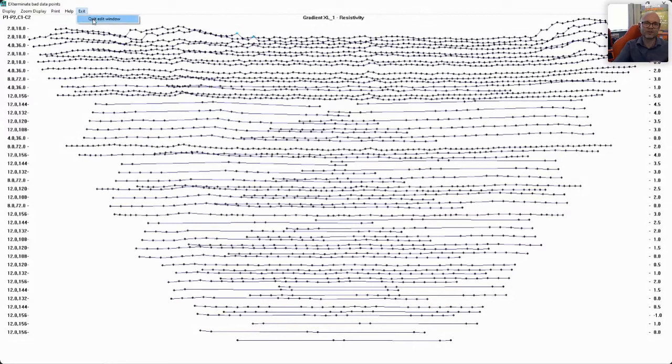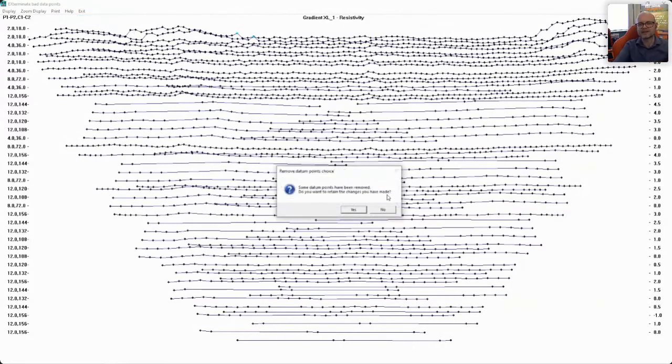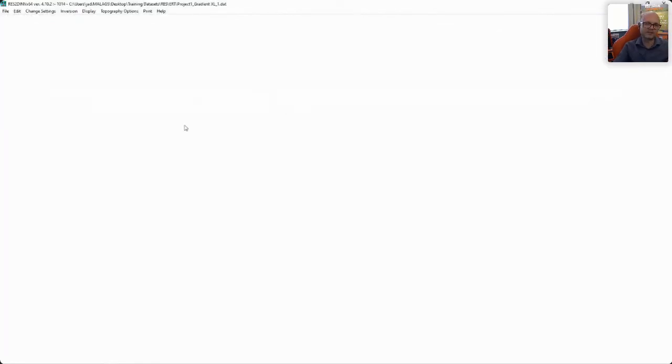So when you say exit, it asks you if you want to save the edits. I'm going to say no, because it's quite clean to start with. And then you can run the inversion. And again, as a beginner, there are really two options when you start doing the inversion, either a robust method